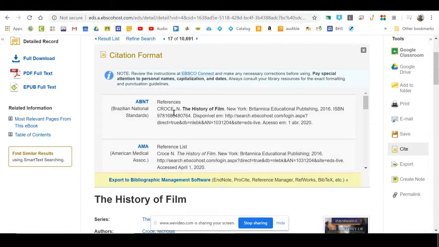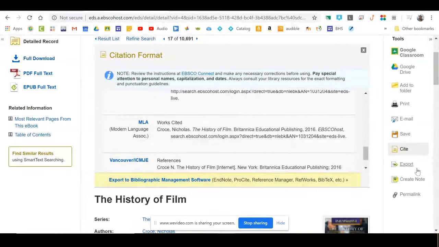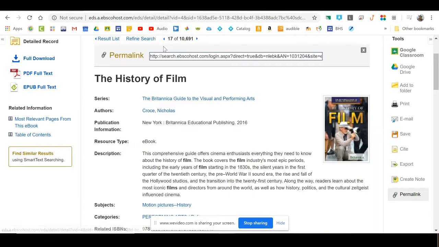Don't forget you've got citations, so you can find your MLA or your APA as needed. You can also create the permalink, which is what you can share with your teachers or your partner or whoever else you need to share it with. Do not use the URL up here because it doesn't always work. You want to make sure you share the permalink because then it should work, assuming they have access to our